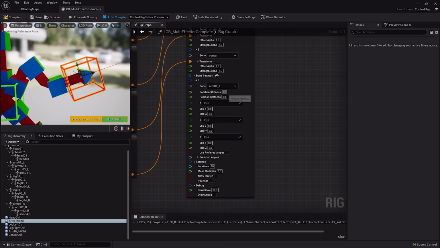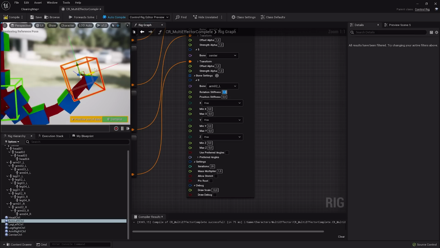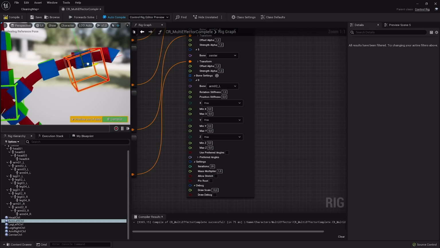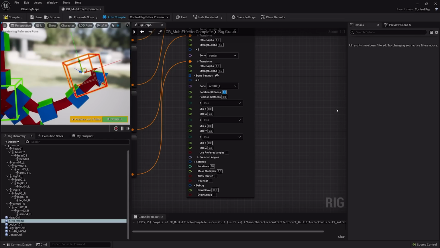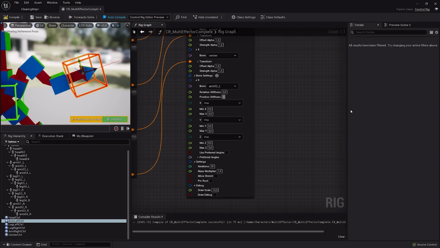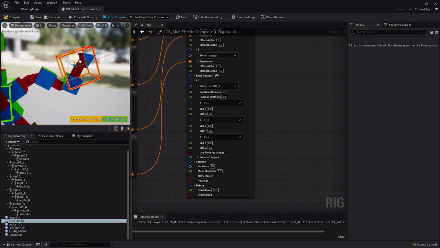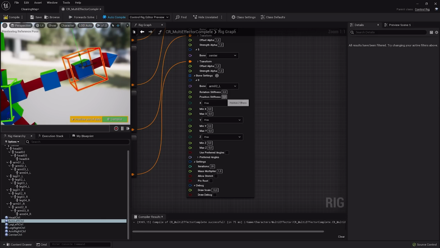First, there's rotation stiffness. Setting it to 1 will completely lock the bone rotation. The position stiffness is doing the same, but for the location. And then we can lock each axis.